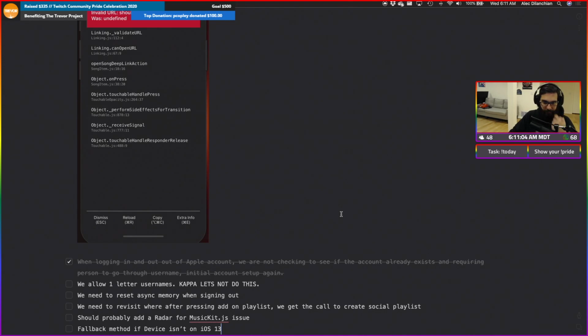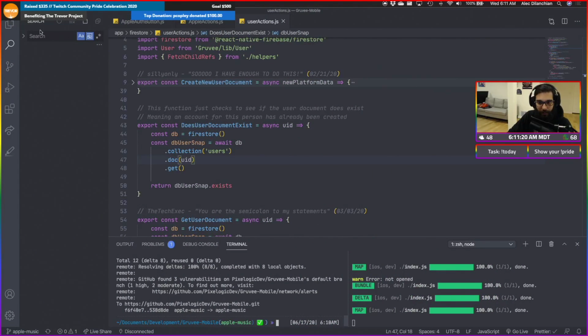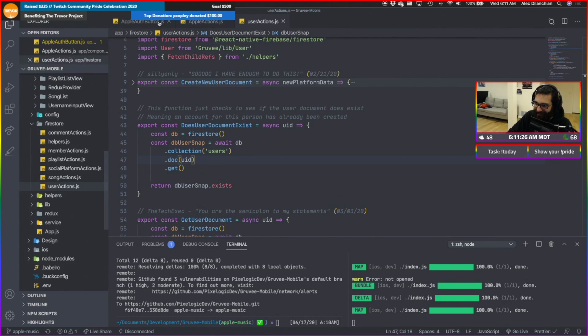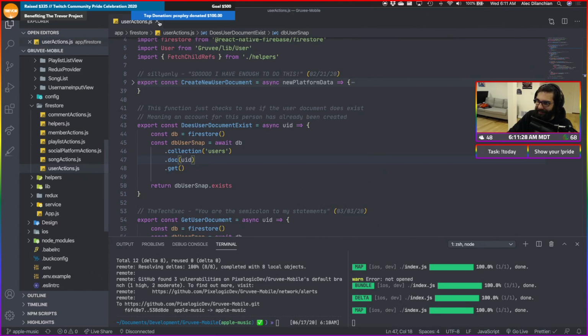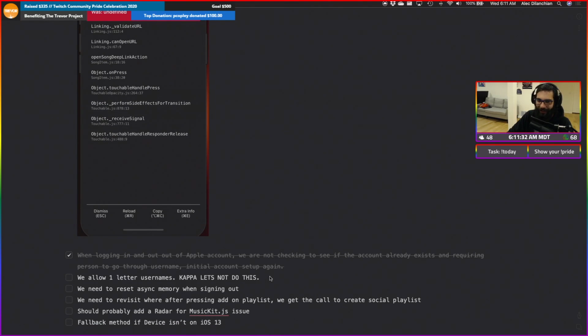Nice. Hey, Filter, I don't mean to be a party pooper, but music is kind of loud. Or is it just the track? I don't know, but I can turn it down a little bit for you. Let me know if that's better. Could just be the track. I've been awake for 24 plus hours at this point. You should go to sleep. That sounds like a lot of time to be awake.